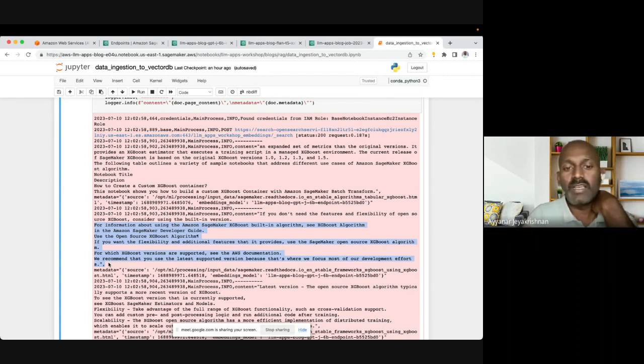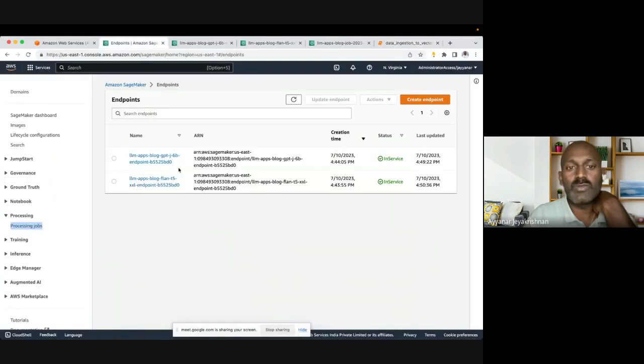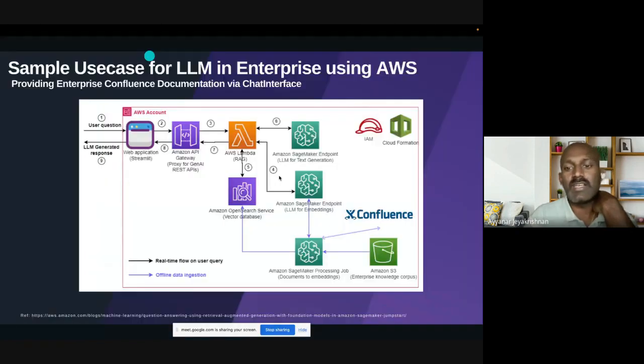And now we are reading the data by giving the context. This is the context. This is the input they have given, how to create the container, and we are getting output from the SageMaker endpoint. Text generated by the SageMaker endpoint. We have two endpoints, right? This is the text generation endpoint. So if you look at the demo, what we wanted to do is exactly what it's doing. The UI is not working. The UI is nothing but something that helps you give a prompt from the UI, but in the notebook you can see it.